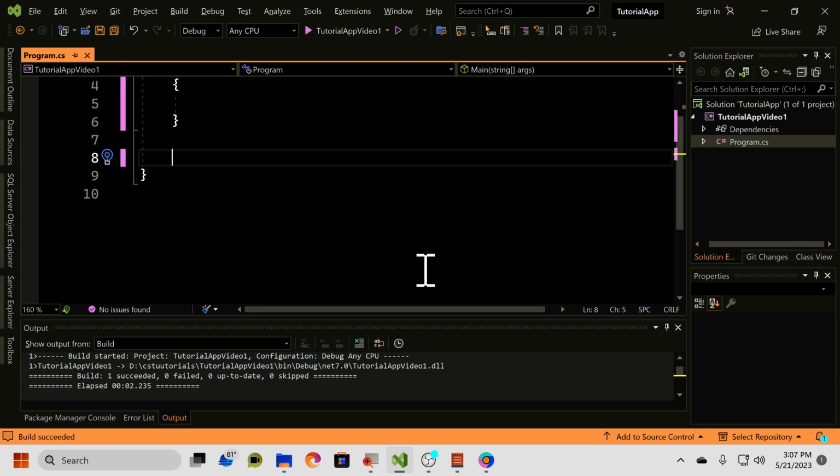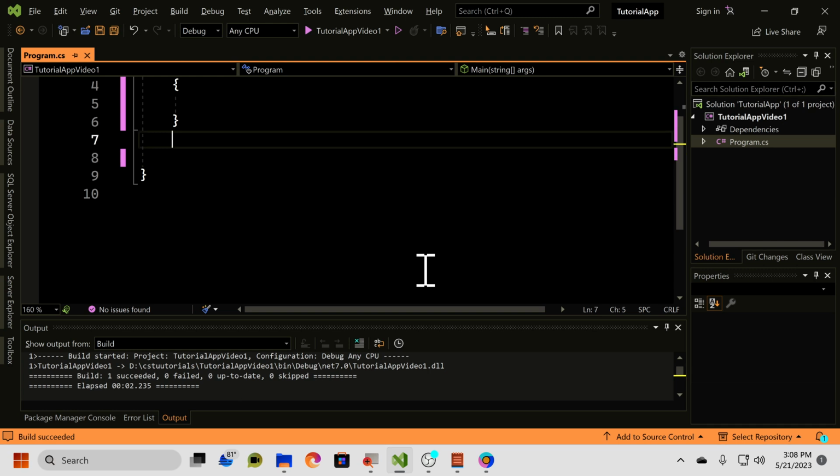Now, tuples aren't exactly common in most code bases, but I've used them enough to where I feel it is probably useful for me to show you guys how to use them. Okay, so here we are in our code. To create a tuple,